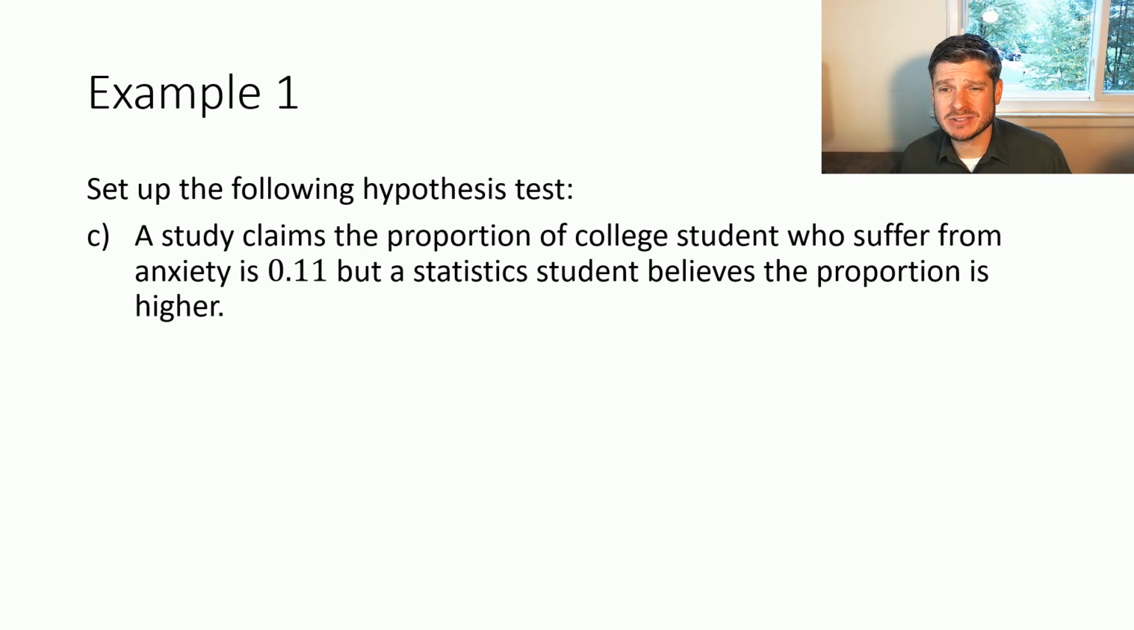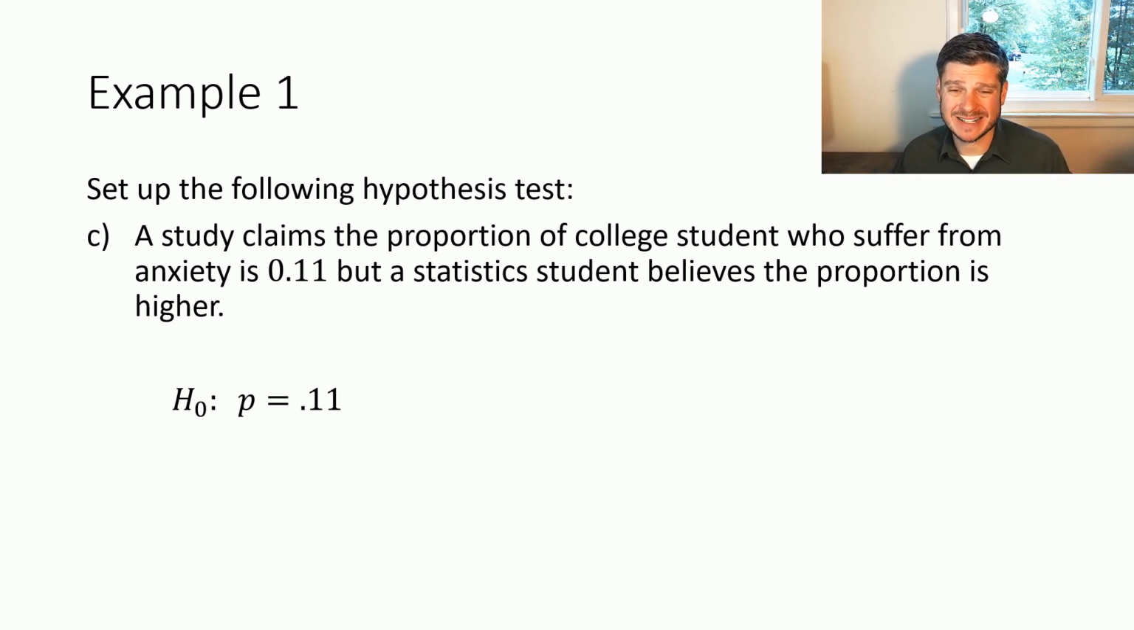A study claims that the proportion of college students who suffer from anxiety is 0.11, but a statistics student believes that proportion should be higher. So, can you set this one up yourself without me helping? I hope so. Pause the video, write it down, double check, because the null hypothesis is that P equals 0.11,